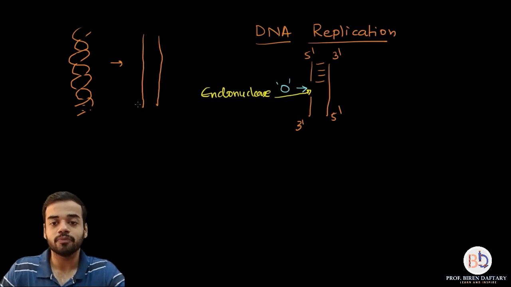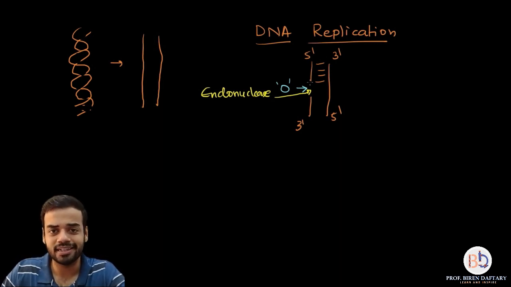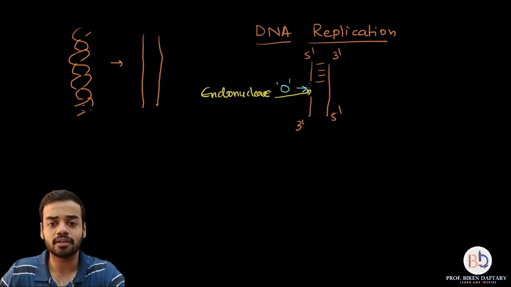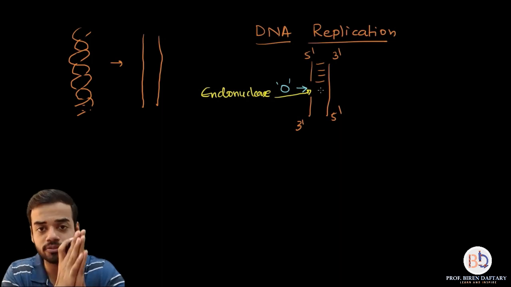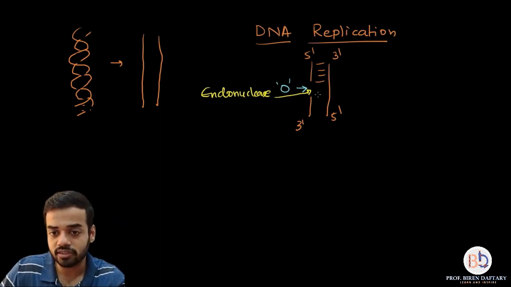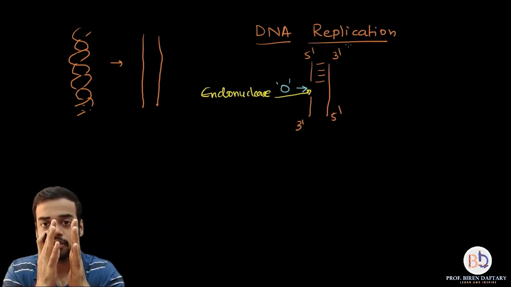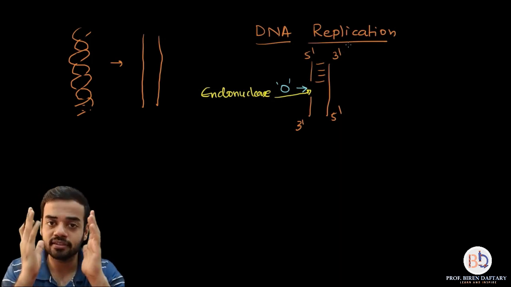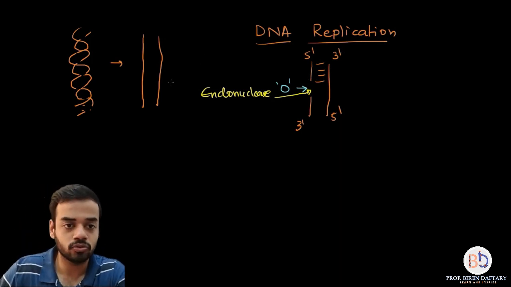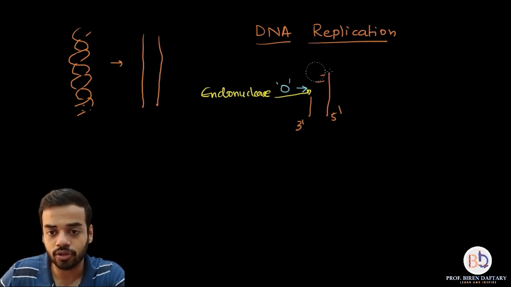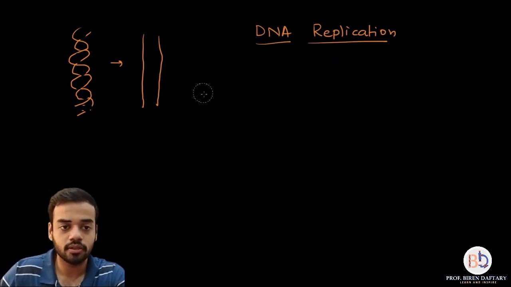Are you getting me? So over here I am not showing that helical nature. Please remember the DNA is helical like this, but the next enzyme is going to be DNA helicase, and helicase is going to first break the bonds. So origin is over here. All the area above the origin, nothing is going to happen over there. They are still going to be bonded, and they are still in the helical state. So to avoid confusion, let me just draw it the way it should be.